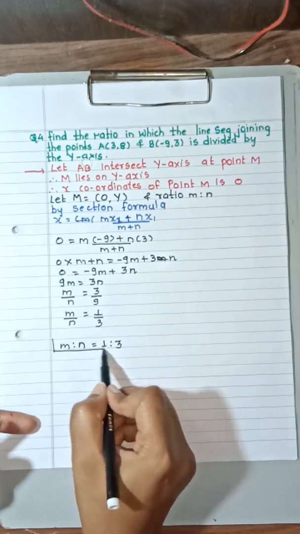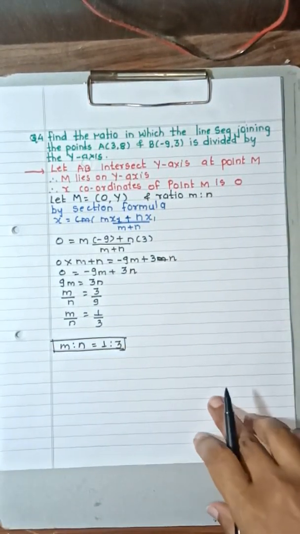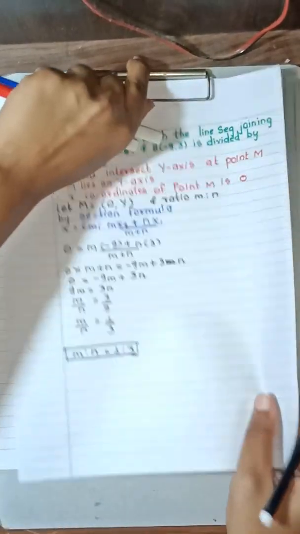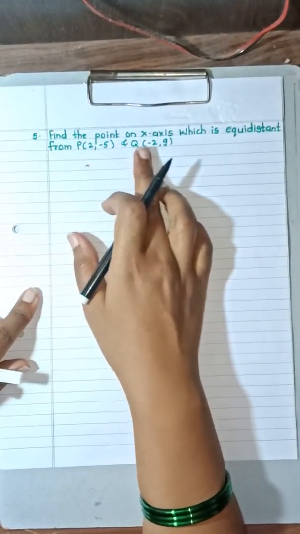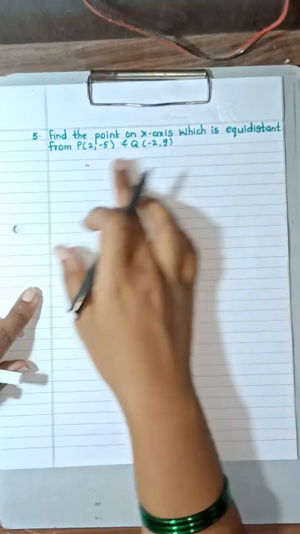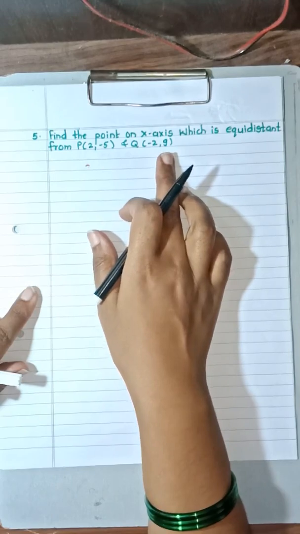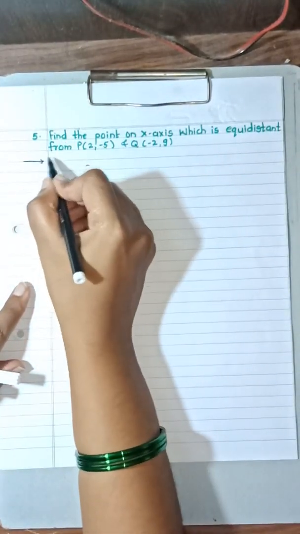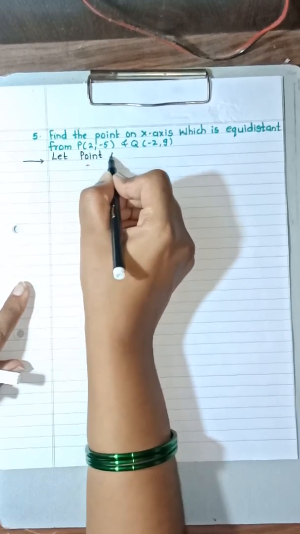Okay, so this question is also a very easy question. Now let us move on towards question number 5. In question number 5, find the point on x-axis which is equidistant from points P (2, -5) and Q (-2, 9). Okay, now what we'll do, let point A